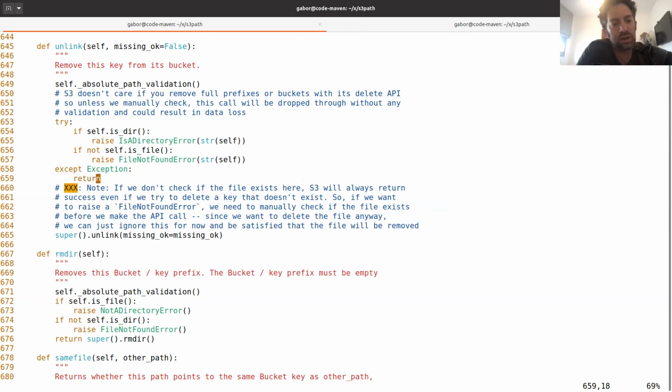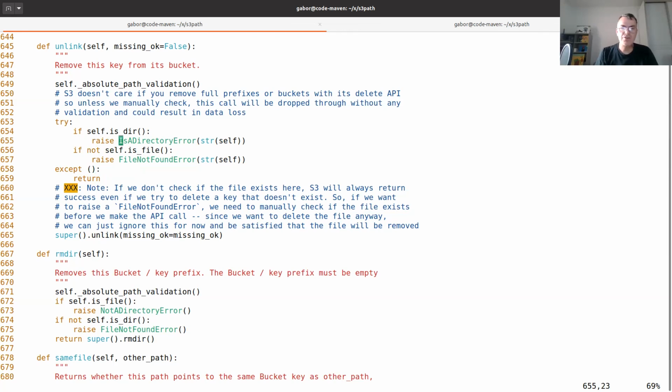I don't really like raising all kinds of exceptions, because maybe one of the exceptions can be a different one. Yeah, for example, you don't have the right credentials to Amazon. This one I want to raise, right? So okay. In the except, I will create a tuple and catch only the is-a-directory and not-a-file errors.